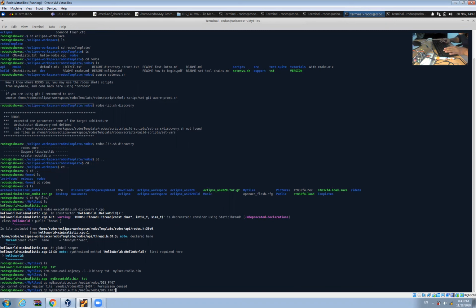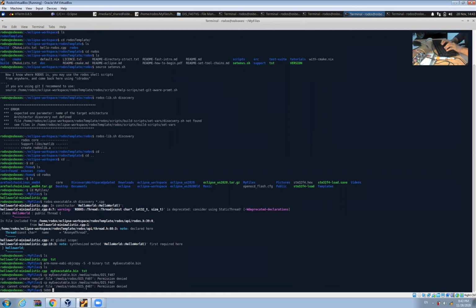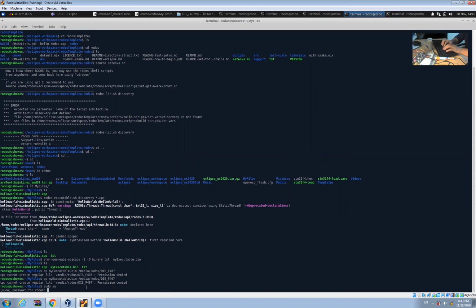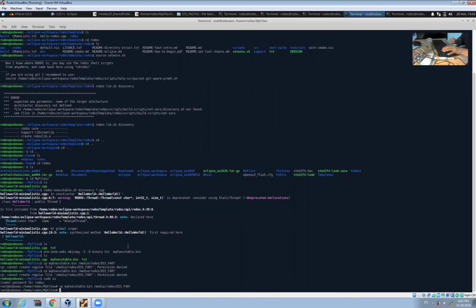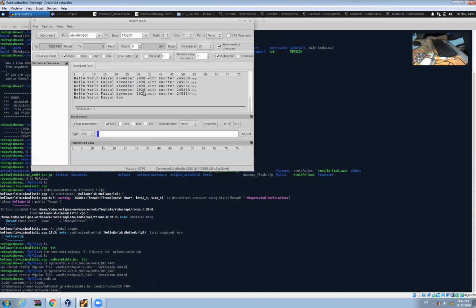So I copy this to my location, permission denied, so I just type sudo su Rhodos and then copy this. I type my login with sudo su. Now I have the permission. Now you see that this file is right there.